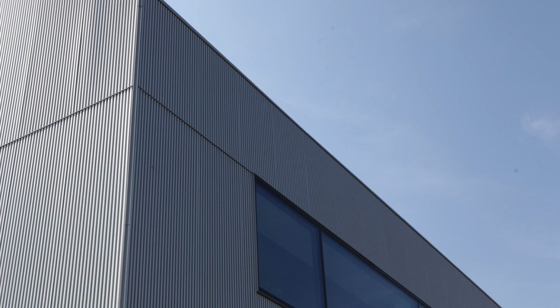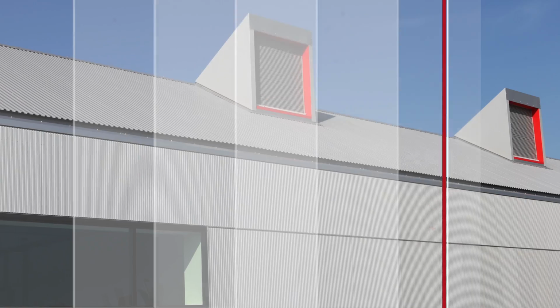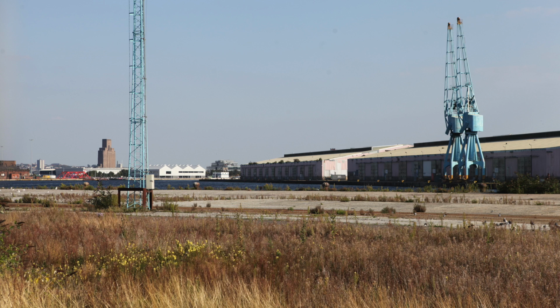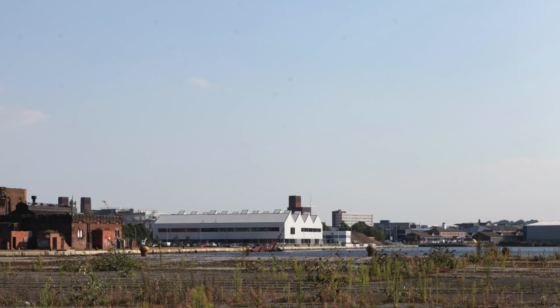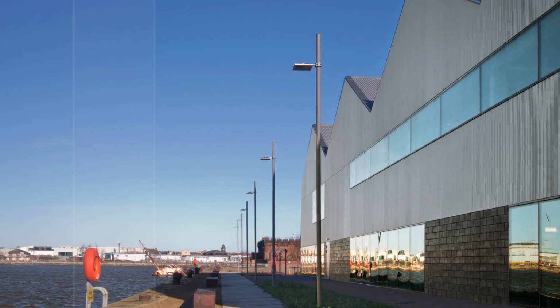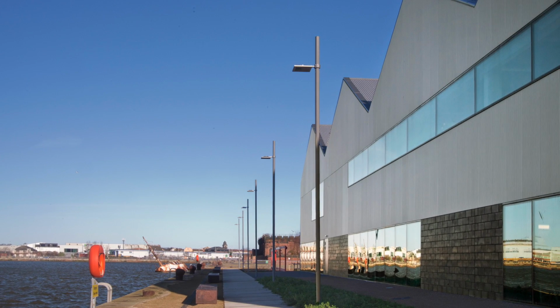The key thing for me was about simplicity and about a sort of humility when it comes to this particular project itself. We've got lots of big structures in and around the dock estate in terms of bridges and cranes, so the actual architecture of the building doesn't have to try very hard. What I was very keen on making sure happened was that the landscape was very strong and of the Wirral, so making sure we get a strong landscape approach, and that the architecture was modest but of very high quality, and it was very much about the quality of the materials that was important to us when we set the